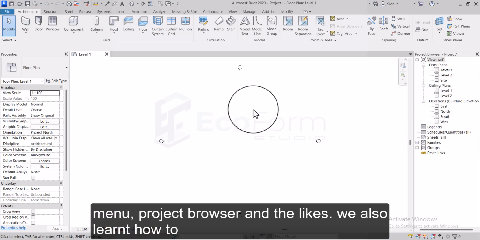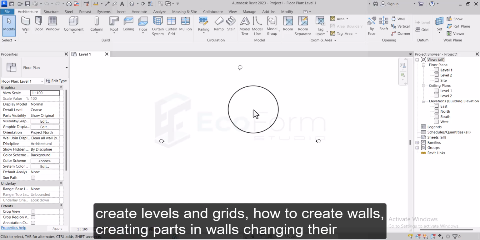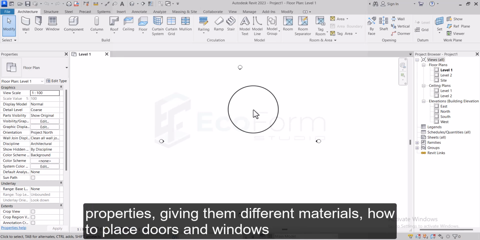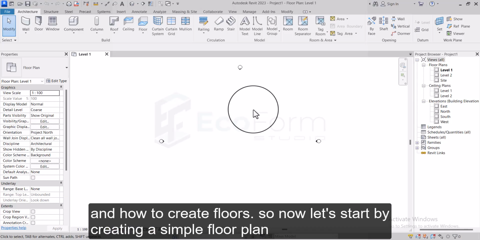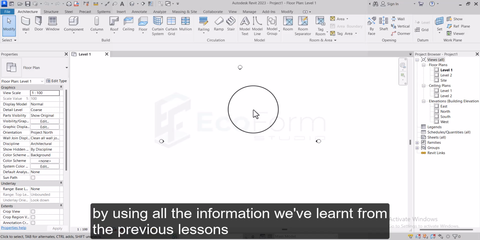We also learned how to create levels and grids, how to create walls, creating paths in walls, changing their properties, giving them different materials, how to place doors and windows, how to create floors. So now let's start by creating a simple floor plan using all the information we've learned